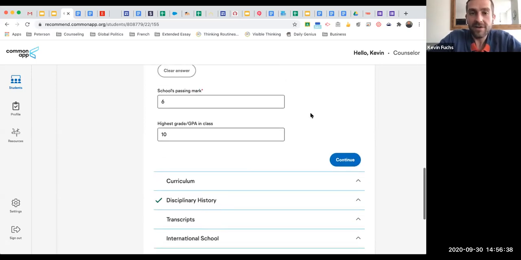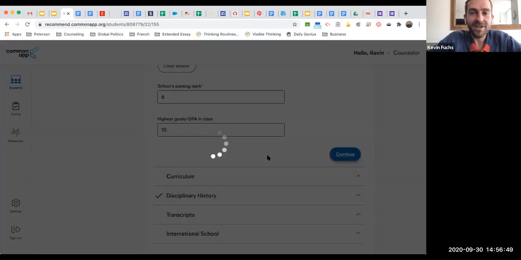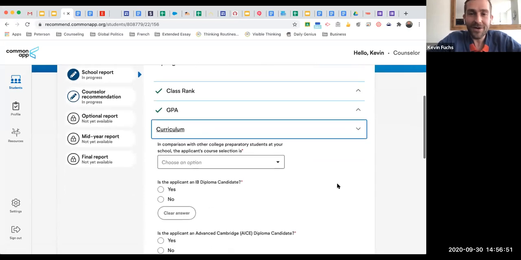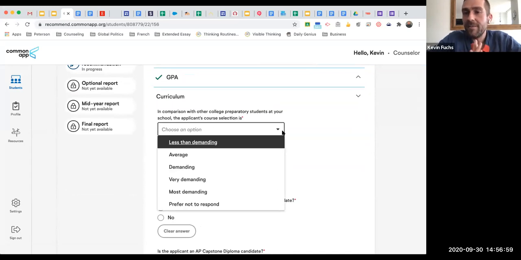So once you've done that, you don't have to do it twice, because if you do it per student, you're just going to give yourself a lot of extra work, which I don't want, because I'm already overwhelmed with all the webinars and all the stuff we're doing. So the curriculum as well, in comparison with other college preparatory students, we can write here. This is also very important because this gives us a chance to brag a little bit